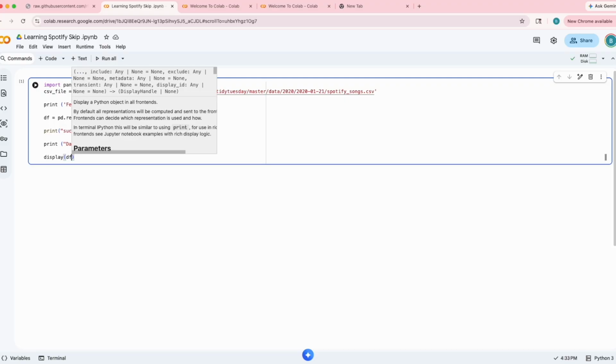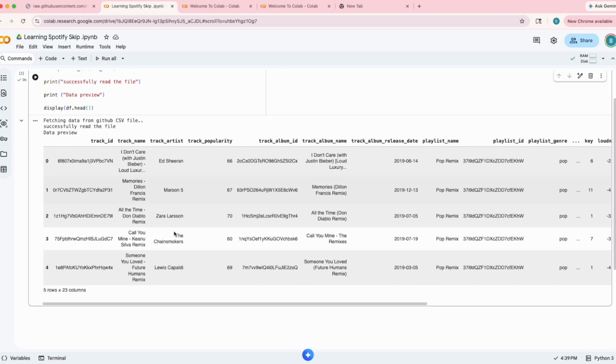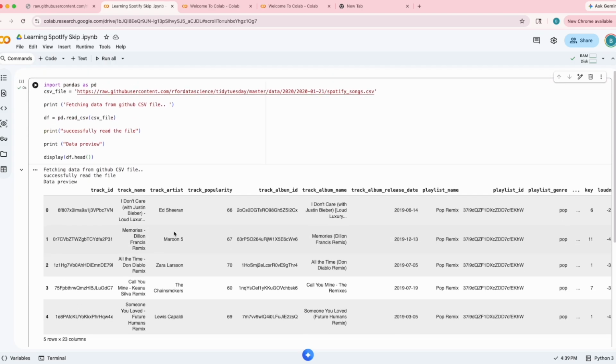It will display df.head, and let's run it. Awesome. So what we did is we just imported pandas as pd and then we gave